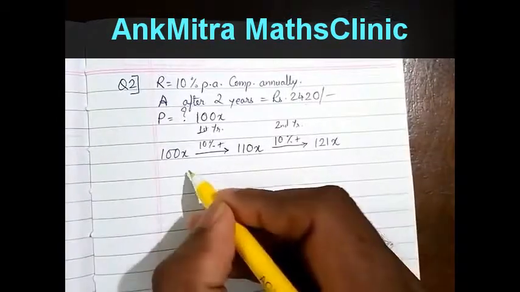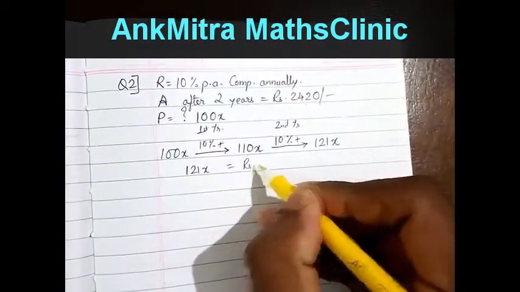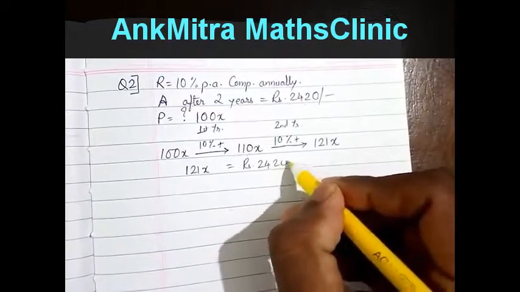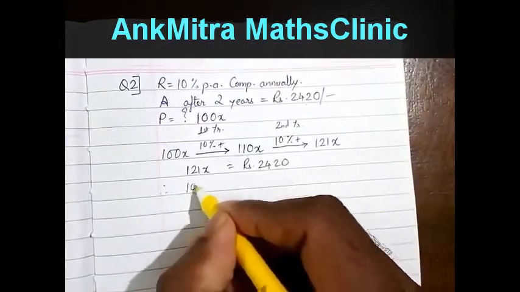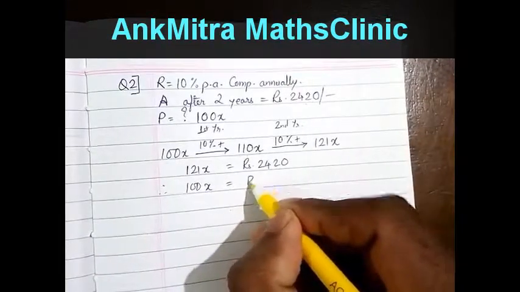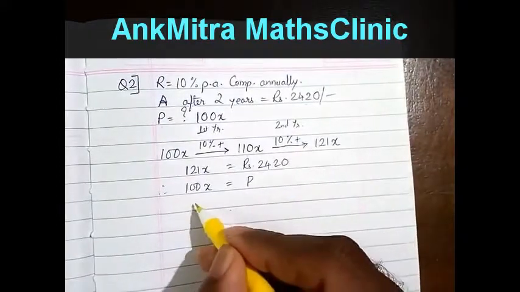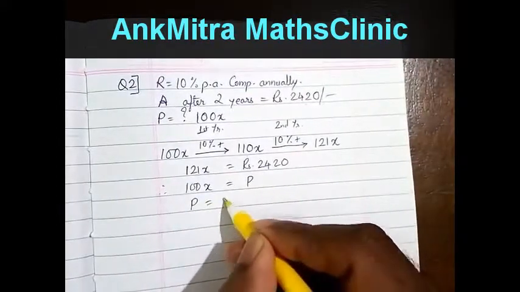So we'll write it like this. 121x is equal to rupees 2,420. Therefore, 100x, that is principal, is equal to how much? So you can just write it P and then cross multiply. So cross multiplying, we get P is equal to